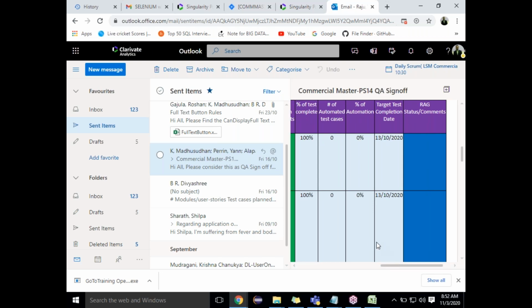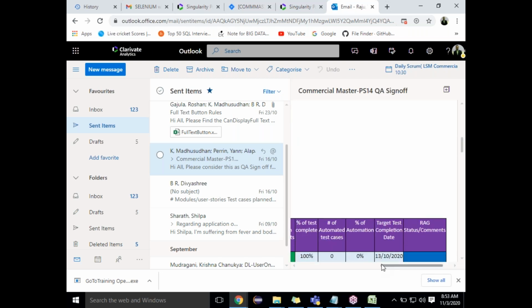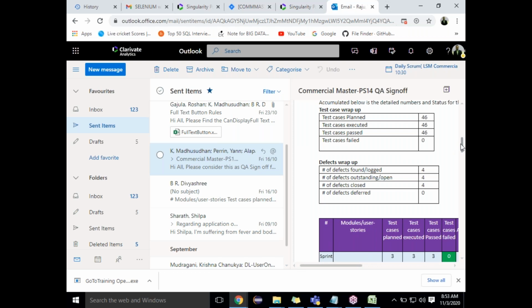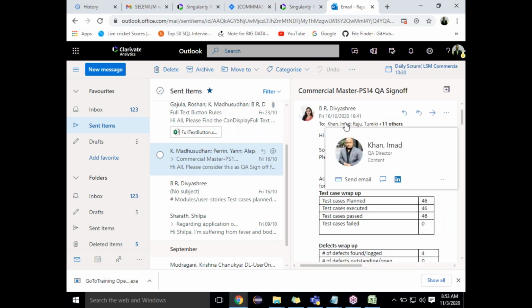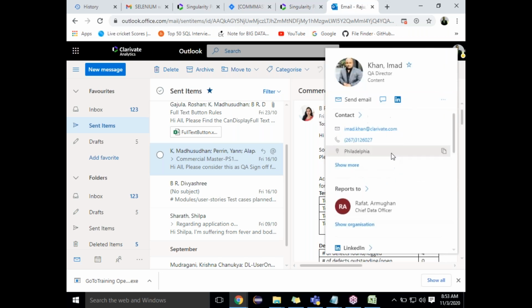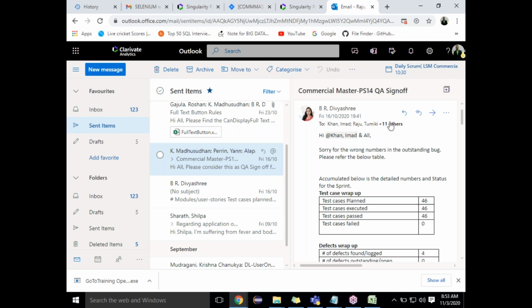This should be sent for every sprint, to all the directors. See, there is a director involved, so there will be high-level management. It is a product-based company where I was working, so you have to send it to the director, the QA director, and others, like the chief data officer, from America somewhere. You have to send it to all your stakeholders, the big people, so they get to know what has been tested and all.